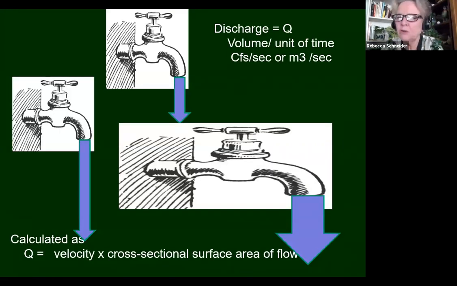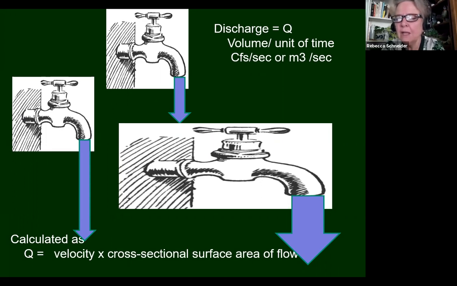What we're talking about is called discharge. That's the volume of water that flows through the stream per unit of time. It's typically reported as cubic feet per second, cubic meters per second, sometimes gallons per second. It's a volume in a unit of time, and it's designated with the letter Q. The way it's determined is to measure the velocity of the water times the cross-sectional area of how much water